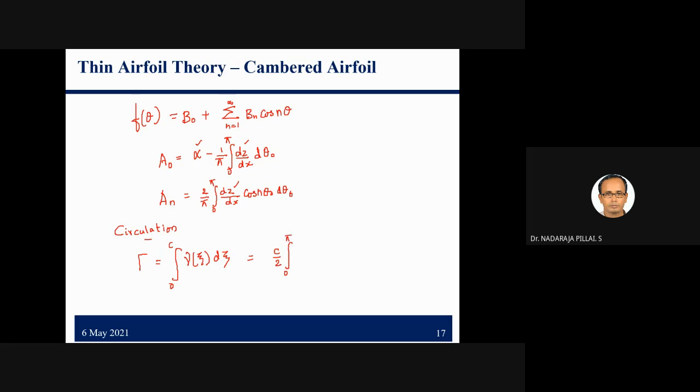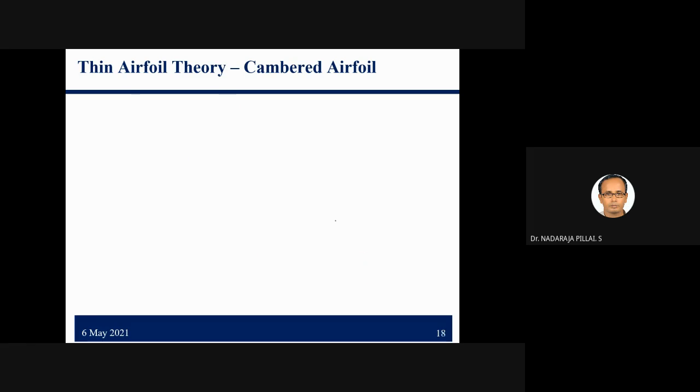I transform it into theta, so gamma of theta sin theta d theta. So we already know what is gamma of theta, right? Gamma of theta is equal to 2 V infinity into a naught into 1 plus cos theta by sin theta